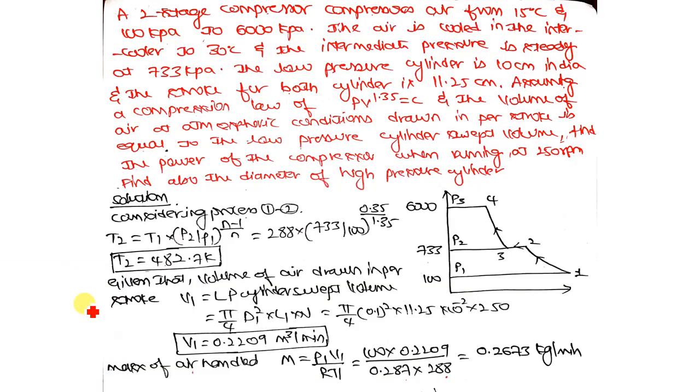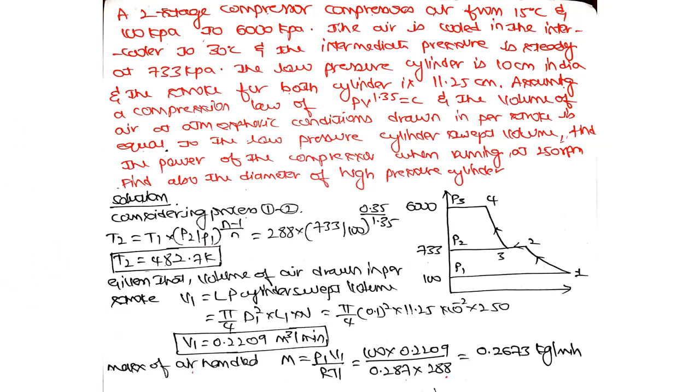Hello everyone. So we'll continue the problems on reciprocating air compressor. We have solved a couple of problems on single stage air compressor and a multi-stage air compressor in the previous video. So in this particular video we will take one more example on multi-stage air compression, again without clearance volume. The previous problem also was without clearance volume, and this particular problem also is without clearance volume. We shall solve one more problem on that so that we will feel comfortable in this.